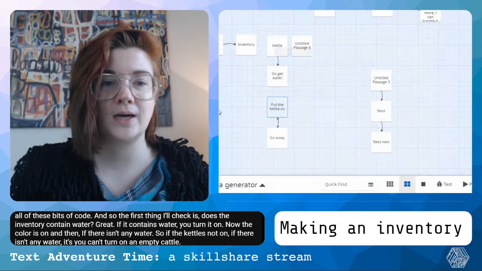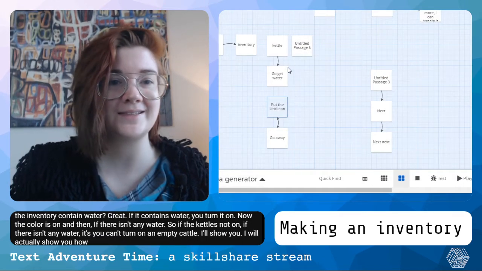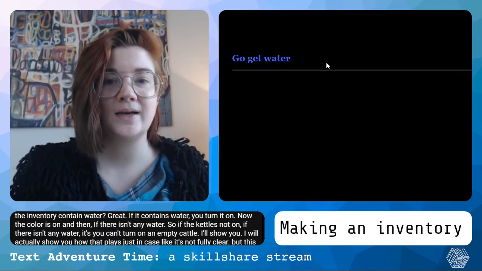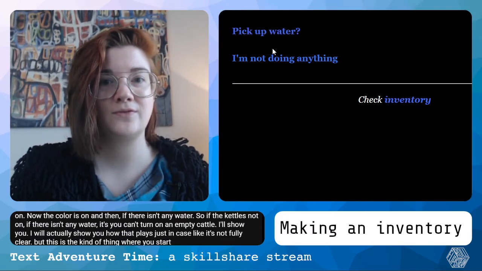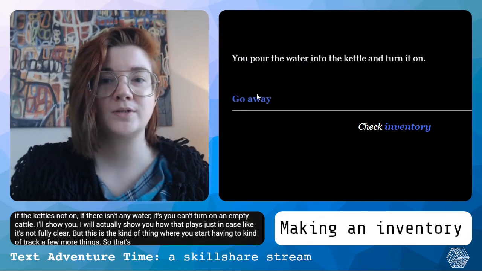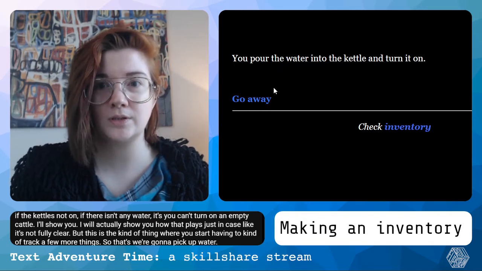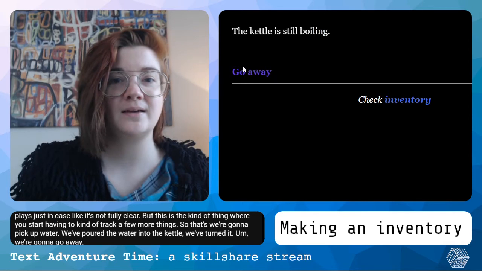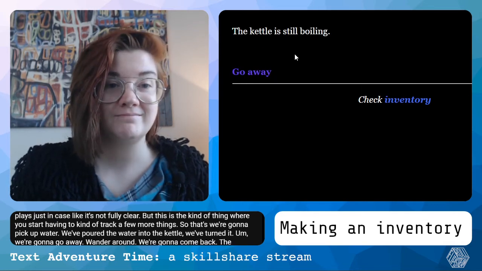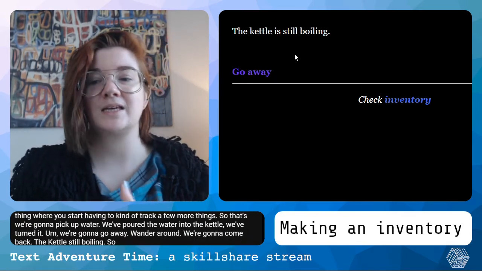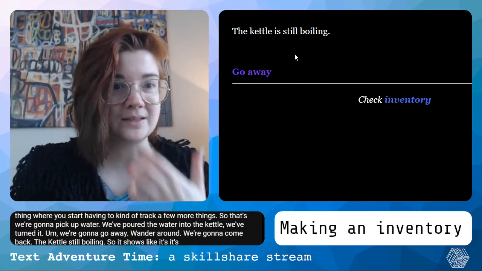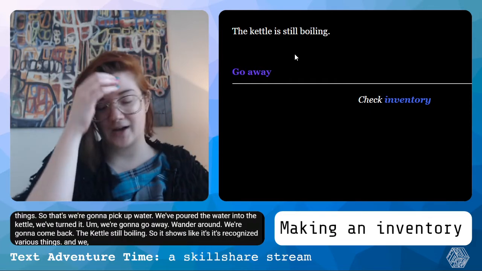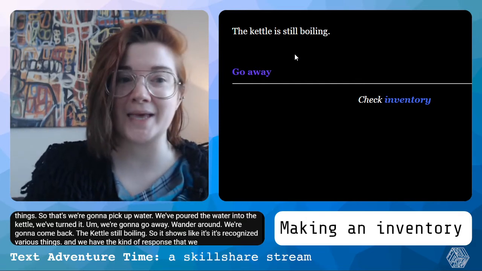I will actually show you how that plays, just in case it's not fully clear. This is the kind of thing where you start having to track a few more things. So we're going to pick up water. We've poured the water into the kettle. We've turned it on. We're going to go away, wander around, and come back. The kettle's still boiling. So it shows it's recognized various things, and we have the kind of response that we would want, or at least that makes sense in a real